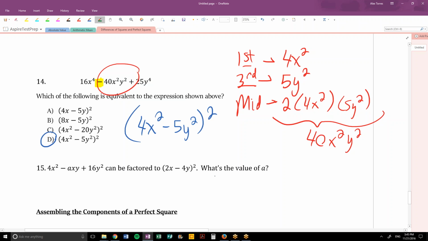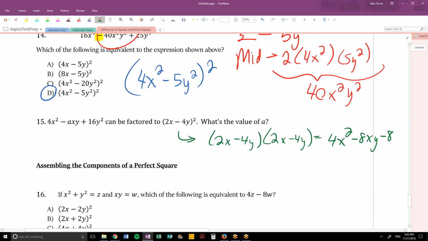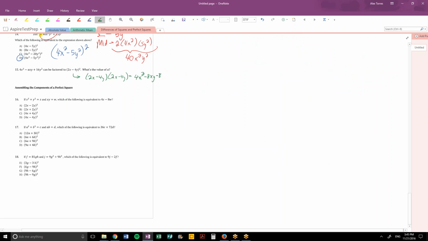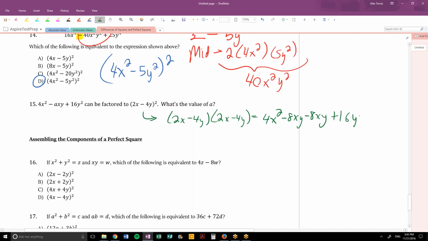Going over to number 15, we have a different question that says that this expression can be factored to that. Now, if they're telling us what it can be factored to, then we can go ahead and just expand that out. 2x minus 4y, 2x minus 4y, and we have first times first, outer times outer, inner times inner, and last times last,